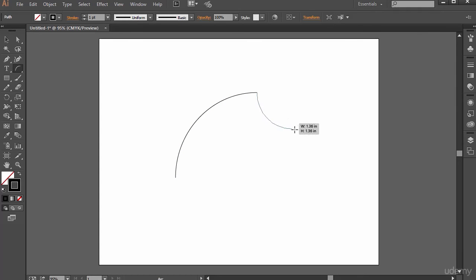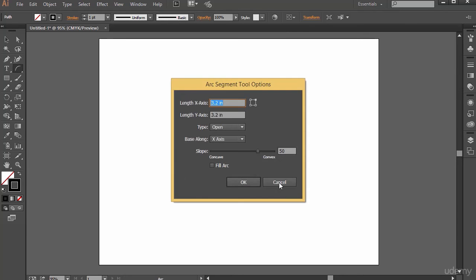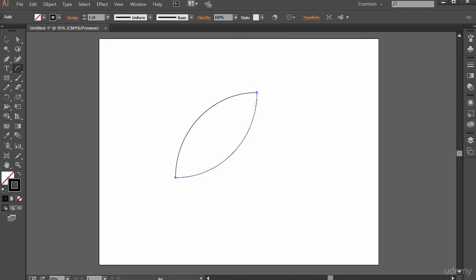So if I hold Shift again, you could create kind of a wave like that and a new one, or you could make it go back this way. So I'm holding Shift. Now if you hold down Alt, it actually goes from the center again. It goes like that. All right, so that's pretty neat. So if I hold Shift and go back to this beginning here, you'll notice we've got kind of a leaf here, but if I take the white selection tool here and select one of the anchor points,